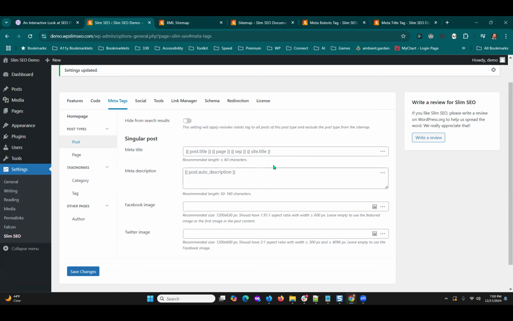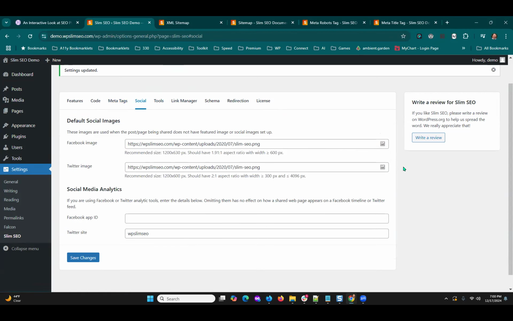Then the site, things like that, and you can see the examples. But this is all just part of the setup. Once you do it, you kind of forget it. Under social, again, if you have